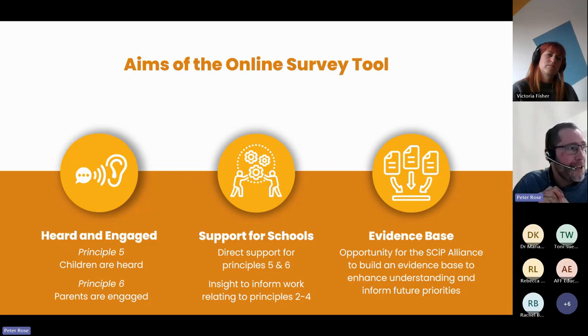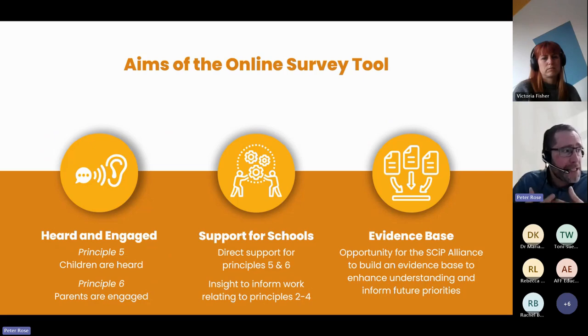Obviously, it's not just about getting people to fill in a survey. It's about looking at what people have said and responding to that, and feeding back what might have been done in response to some of the suggestions made and the opportunities identified.